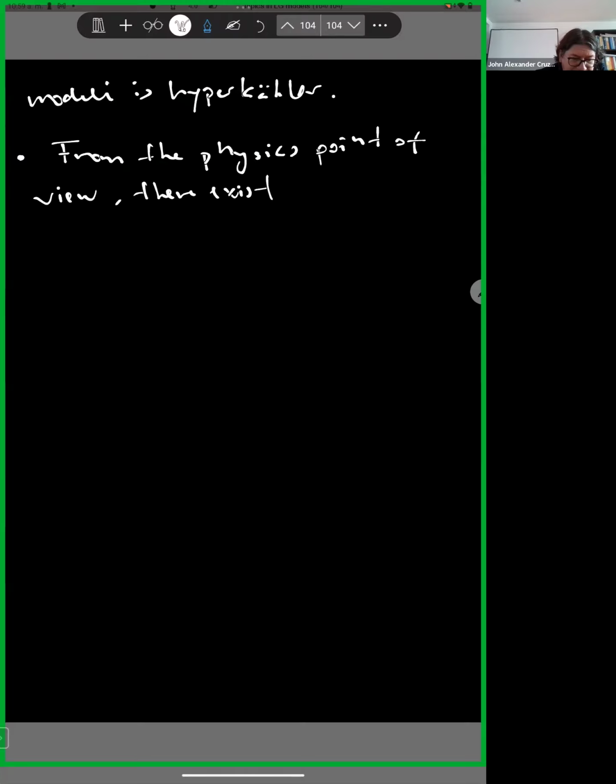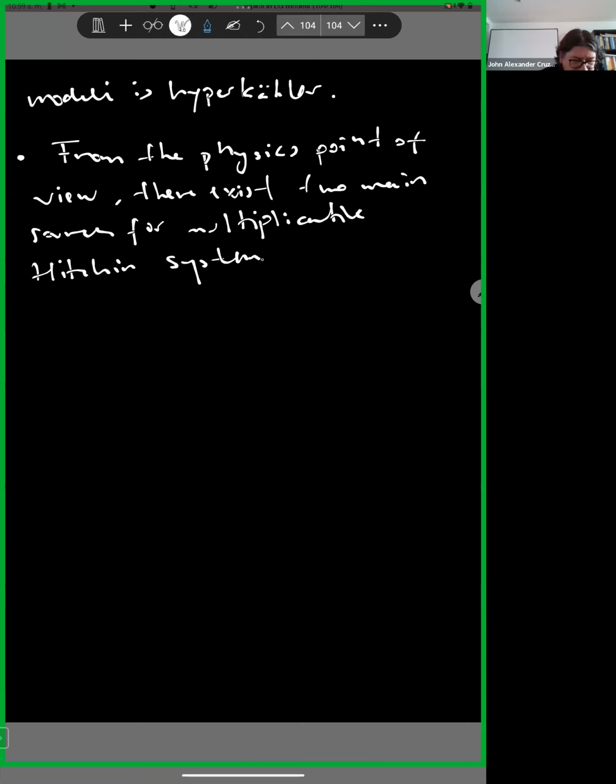They said there are two main sources for multiplicative Hitchin systems from the physics point of view. One source is moduli spaces